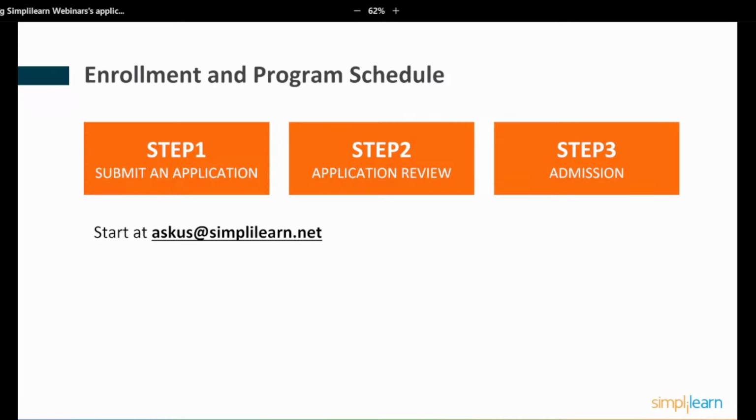After that, Caltech and Simplilearn will both review that application to make sure that you have the qualifications, the aptitude to succeed in this program. And then we'll send you an admission letter if your application is accepted.